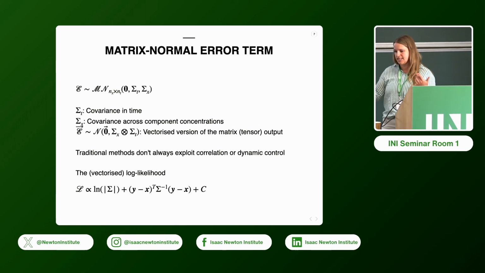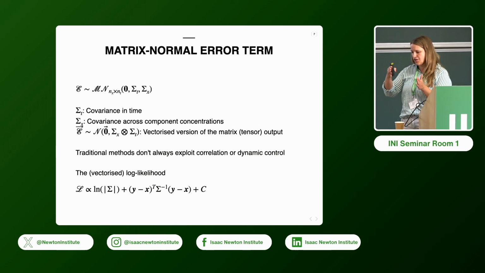The idea is that if you measure time points of the same experiment, they're not independent. So in terms of collecting information, they don't contribute independently to the information gain that you're trying to look at. And to vectorize this, you can just take the Kronecker product of those two matrices,